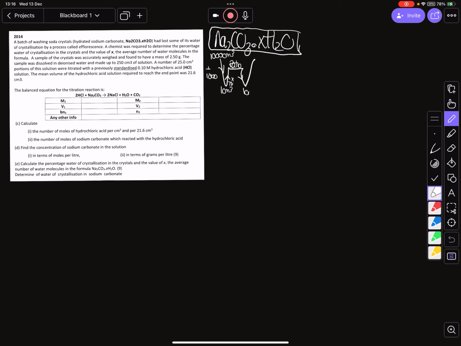And from there, we work out how many moles of our other reagent we have in 1 centimeter cubed. And we do that by dividing by its titer volume. And then finally, to finish it off, we're going to multiply by 1,000 to find out how many moles in 1,000 centimeters cubed. We will be using our mass triangle to work out our grams per litre, and we have extra things which will be percentage water and the value of X in XH2O. So the first things that we do will be we have to write our data table,